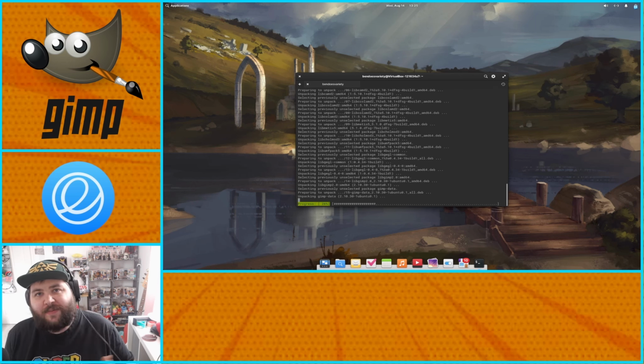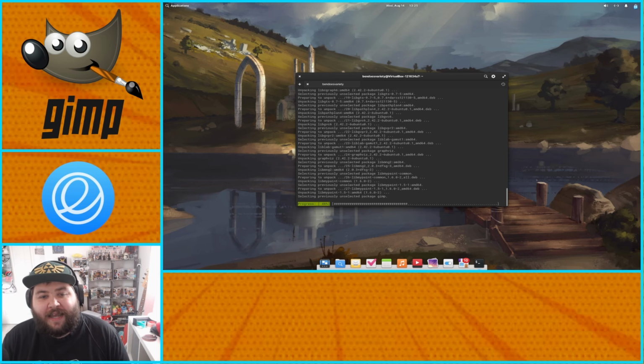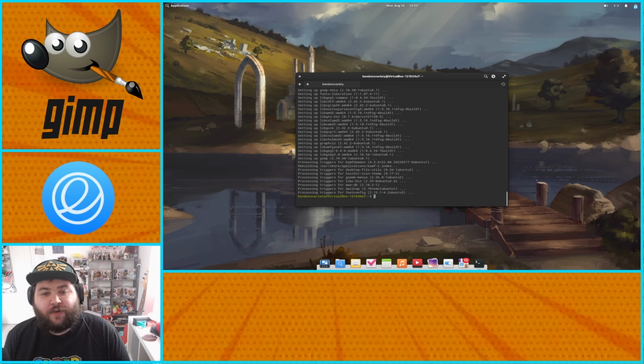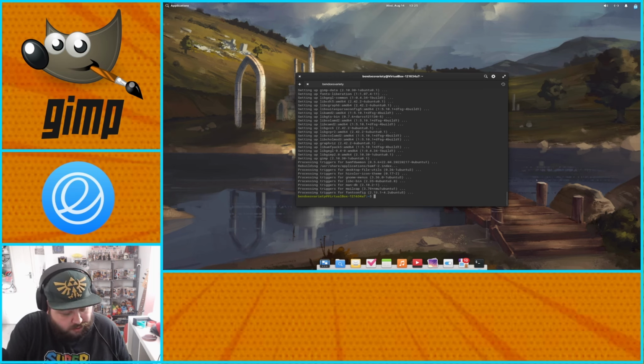However, there are a couple other bits we can do to quickly add a few more features to it, like a few certain plugins that you can get. So what we're going to do is add in the plugin registry. So you want sudo apt install gimp